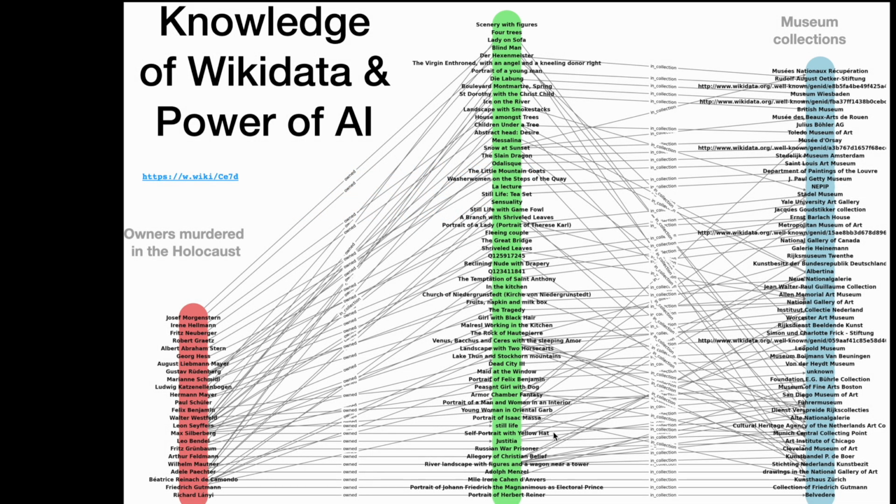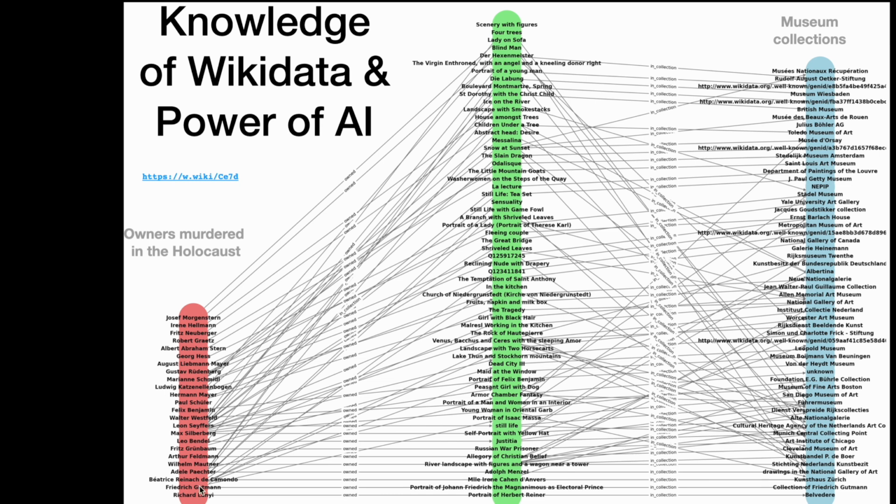But this is one of those cases where it can be interesting to export the data to do more analysis. This is a data visualization done by ChatGPT based on data uploaded from Wikidata. So it's a Wikidata query that produced a CSV file, uploaded into Chat with a simple prompt for doing a data visualization. And in this you'll see the owners,